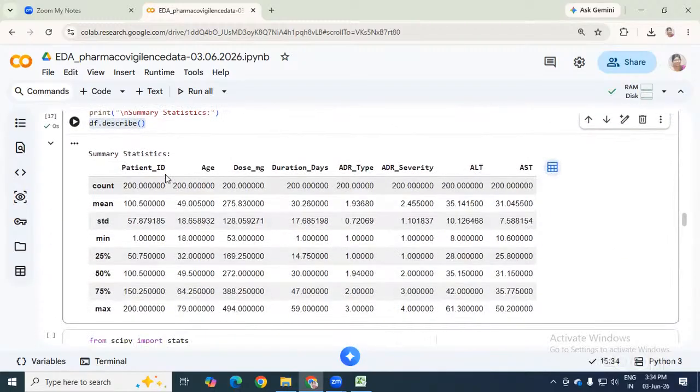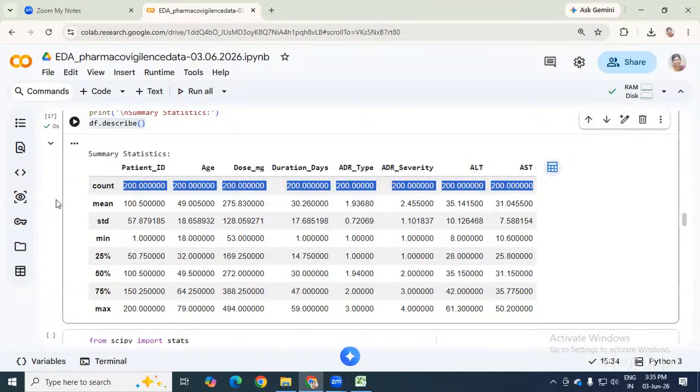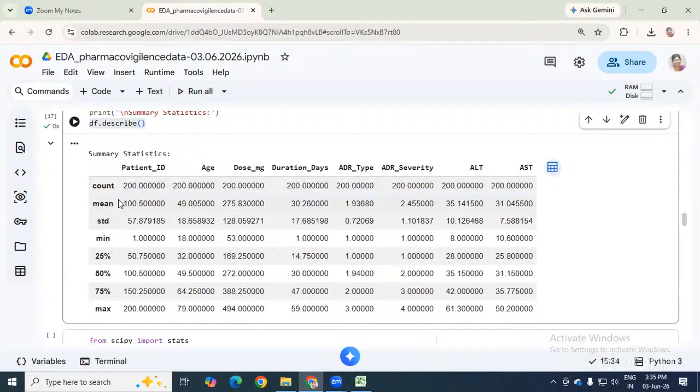You can see the patient ID: the total count is 200 patients, because we removed 3 duplicates, so only 200 patients. And for age, you can see the count is 200. The first row shows how many patients there are in a particular column. The calculation has been carried out for 200 patients. So the mean value